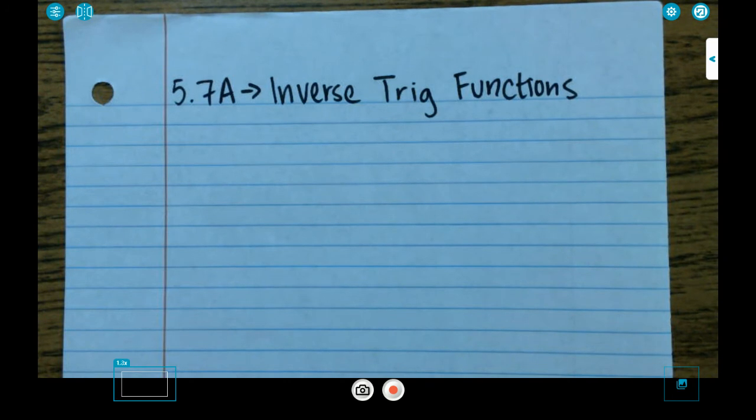So you're saying, for what value is sine equal to this? For what value is tangent equal to this? Like that. So, for our inverse trig functions, because we can only find the inverse of functions that are 1-to-1